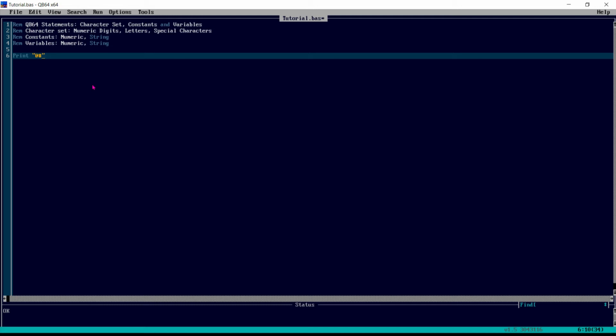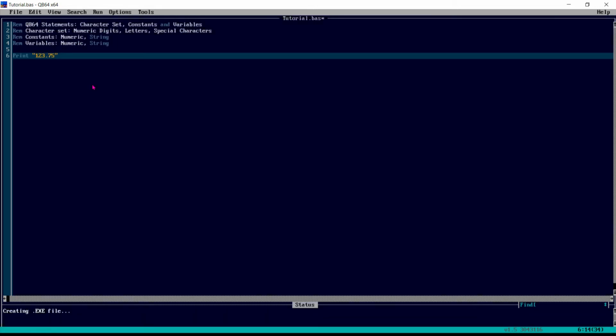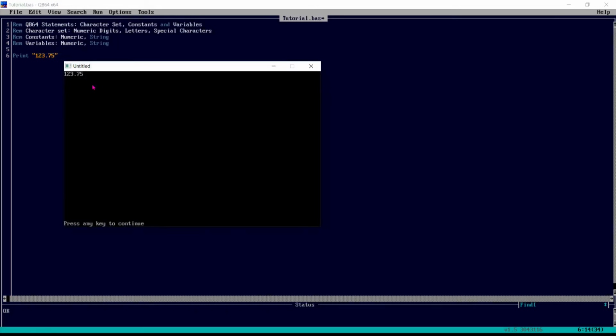And we can also use, let me use here, 123.75. Is it printing or not? It is printing, right? As a string.